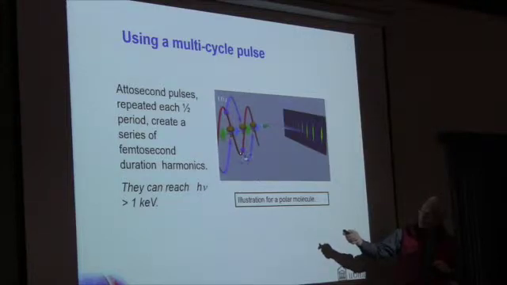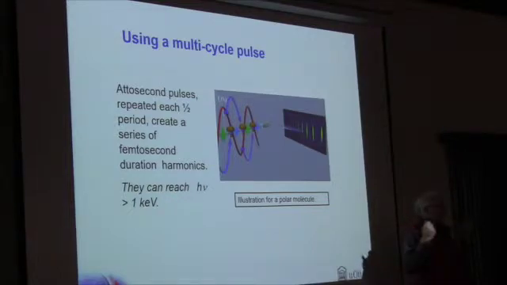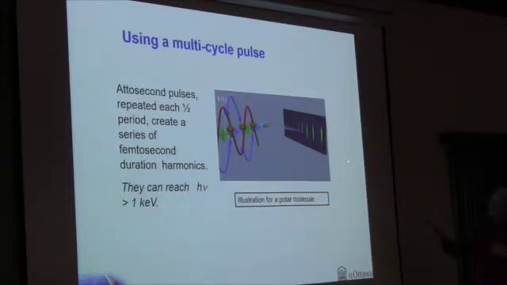The wave function, a piece of it ionizes, creating a wave packet, comes back, recombines, giving you an attosecond pulse. This happens the next time and the next time because the wave function can be multiply divided. So we create a train of attosecond pulses, one followed by another, each separated by half a period of the laser light. A set of pulses, one after the other, separated by half a period, is a set of frequencies. And so if you look at that in the spectrograph, this is a set of frequencies. These are called the high